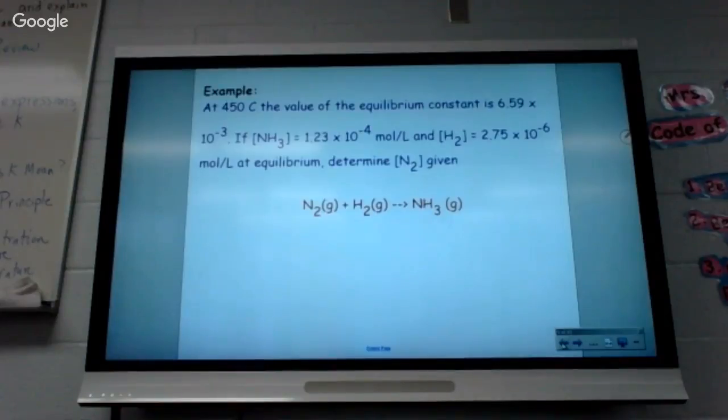Is that temperature relevant? No, that's why I said temperature is always going to be given, because K depends on temperature. It will change to a different value if temperature changes. But that's where our curriculum stops. It doesn't expect you to know how temperature changes. There are rules for how temperature changes, but you don't have to know it. But it'll always be specified in the question.